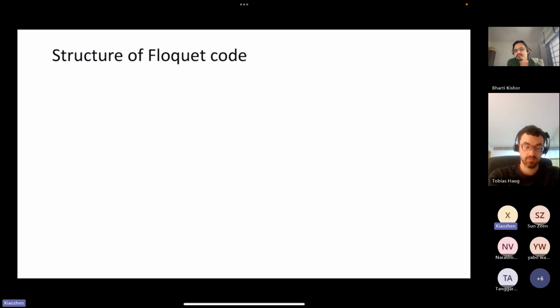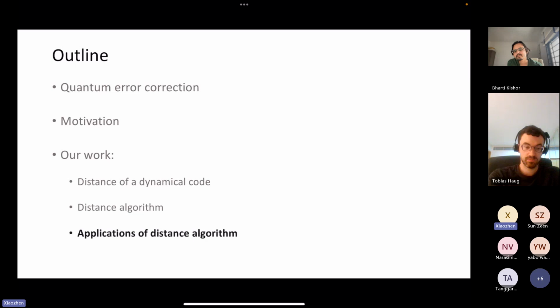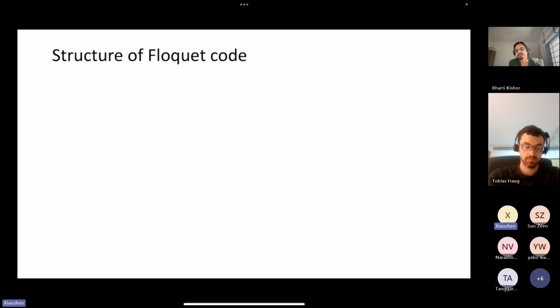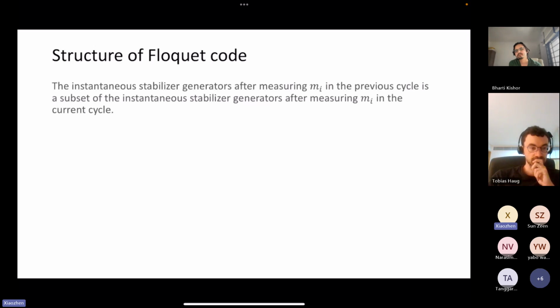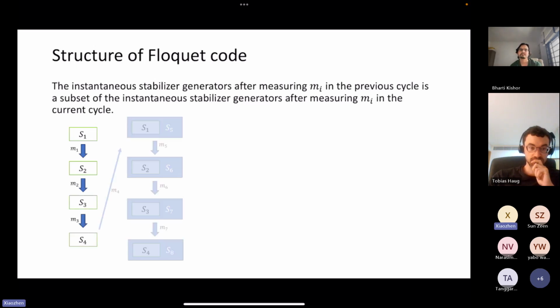And then some nice things about this algorithm is that it helps to illuminate some structure of Floquet code. So it gives a better understanding about the initialization of Floquet codes. So during initializations, using this distance algorithm, we can actually see that